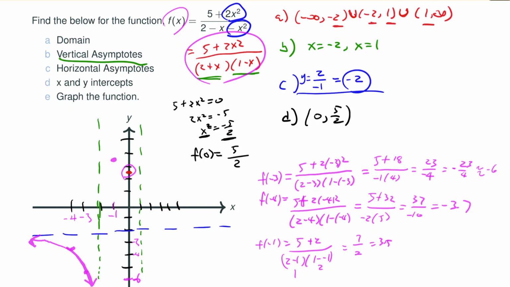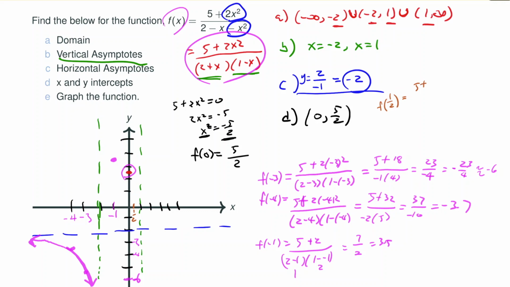Okay. So then let's plug in a number to the right side of the y-intercept, because right now the function could go like this or it could go like this. We don't know until we know one more point. So let's plug in half. So let me plug half right here. F of half